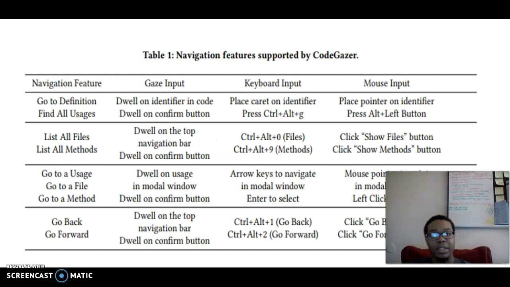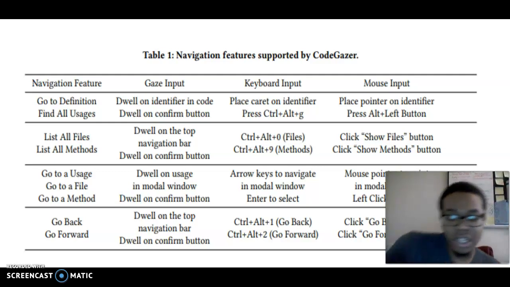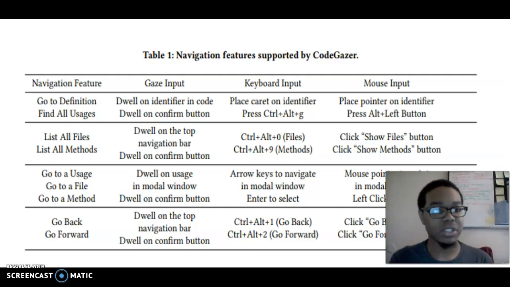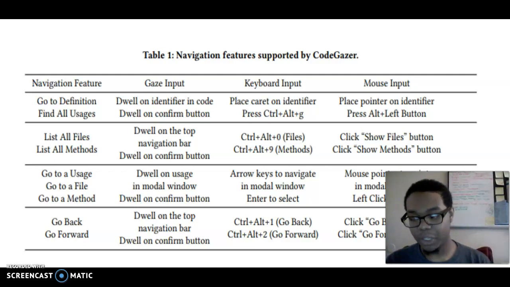This table shows the navigation features that are supported by CodeGazer: go to definition, find all usages, list all files, and list all methods. For gaze input, the user dwells on the identifier in code, dwells on the confirm button, and dwells on the usage in the modal window. For keyboard input,